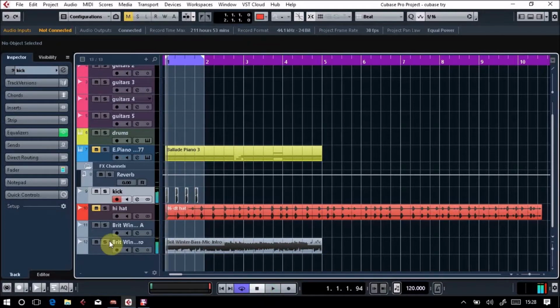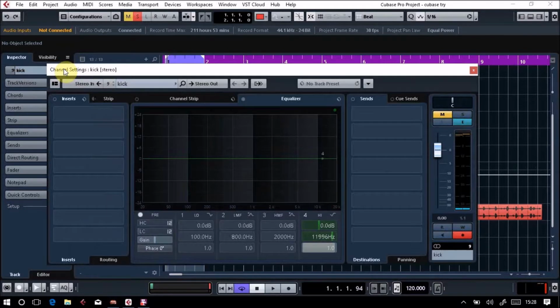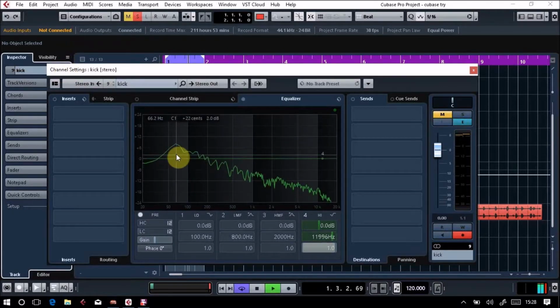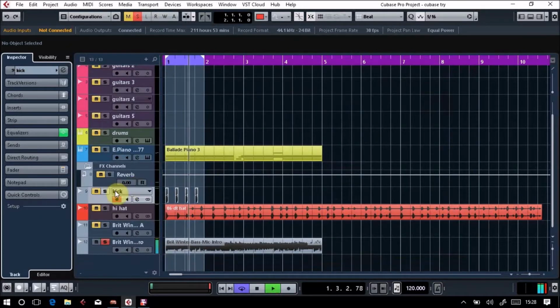Now, remember where the fundamental, or that big energy, was in the kick drum? Let's just look. Well, here we go. Instead of going to the mixer, let's do it here. Do you see? It's almost identical. The fundamental of the wave is there. So these two together, it's going to work, but